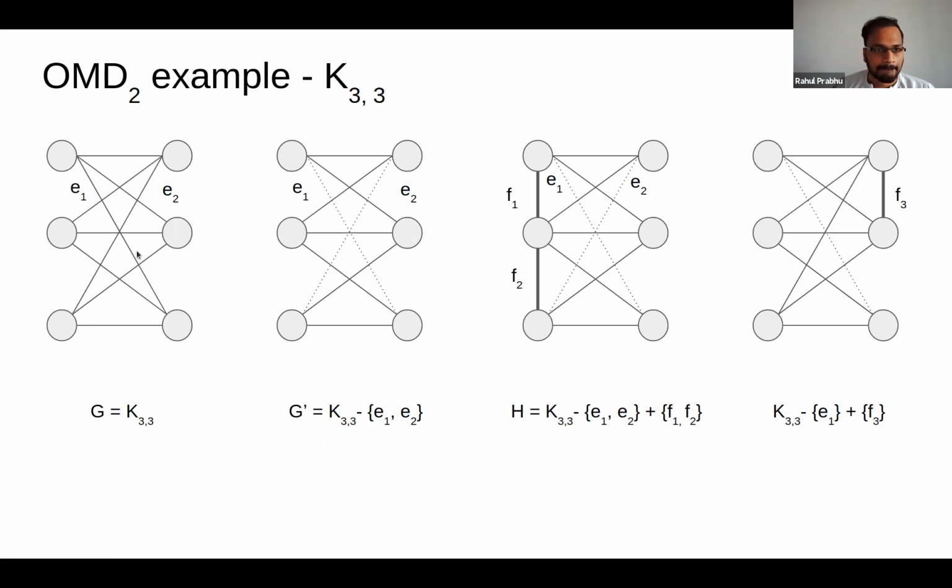So if I want to find the realization of this K33, even if I rule out isometry, I'm going to rule out isometry. So I'll place one of the vertices at the origin, and then I'll place another vertex on the x-axis. Even then, I'll have to deal with 8 quadratics and 8 variables.